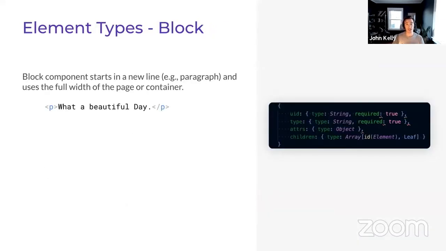Okay, going further into the element types themselves, let's talk about blocks. A block component basically starts a new line, as I said before. So it's basically a new paragraph. It is completely its own element that has its own unique ID and is stored separately and has its own components inside of it. It uses effectively the full width of the page or the container that it's in. An example here would be just a basic paragraph tag, and you hit enter, and you basically have a new